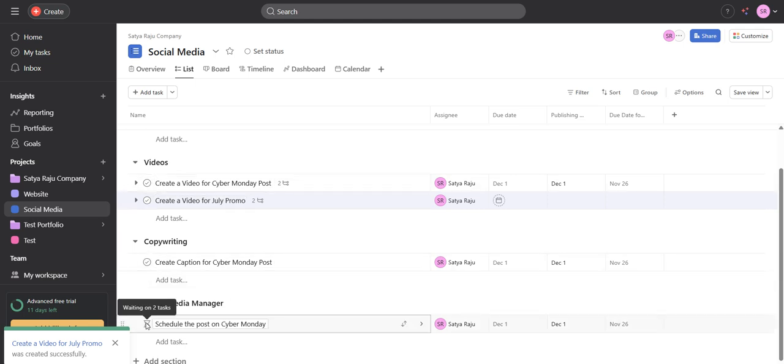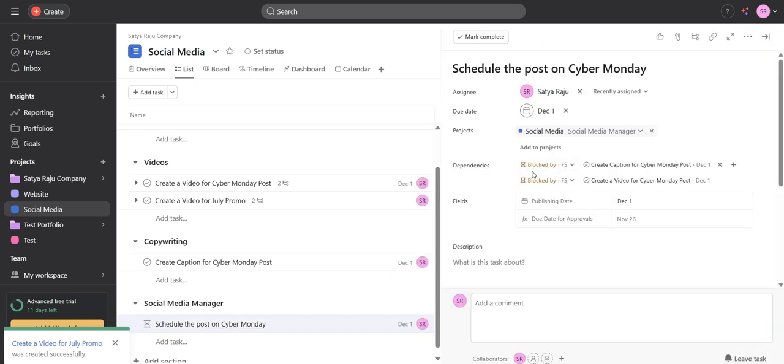So I've just created a task dependency. There is an interesting feature called task dependency. As you can see here, it is saying waiting on tasks. So basically I just created a dependency here. I have already created a dependency that I need to create a caption first, and then I have to create a video first. Until and unless both of these tasks, caption and video, are complete,